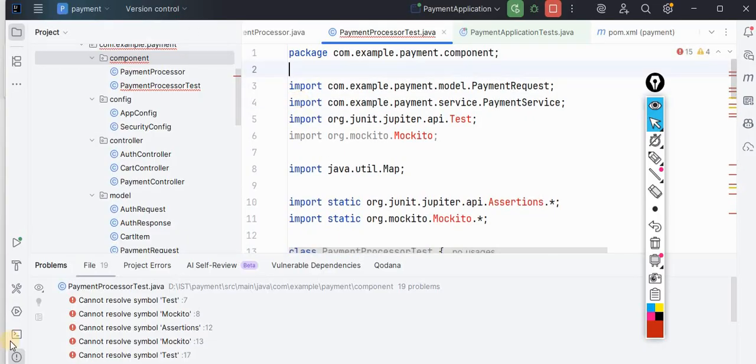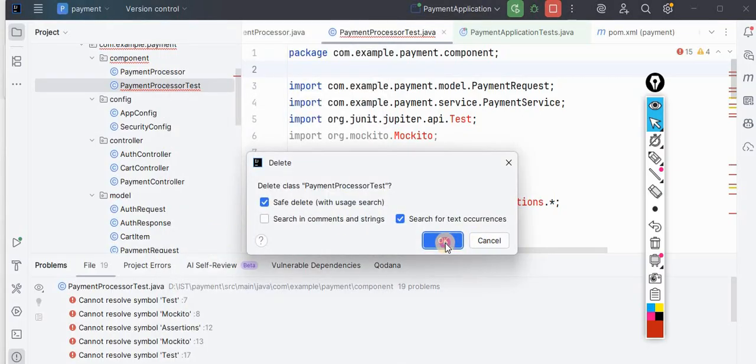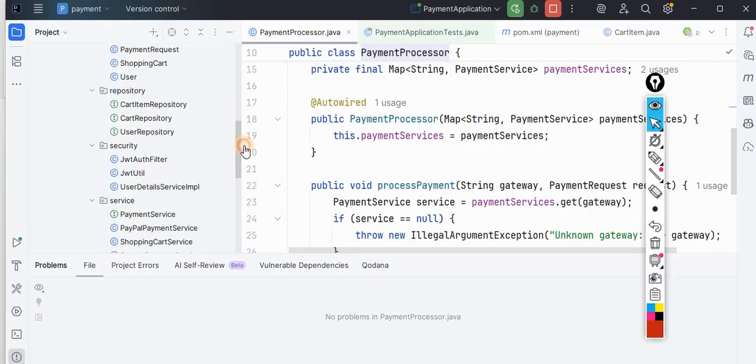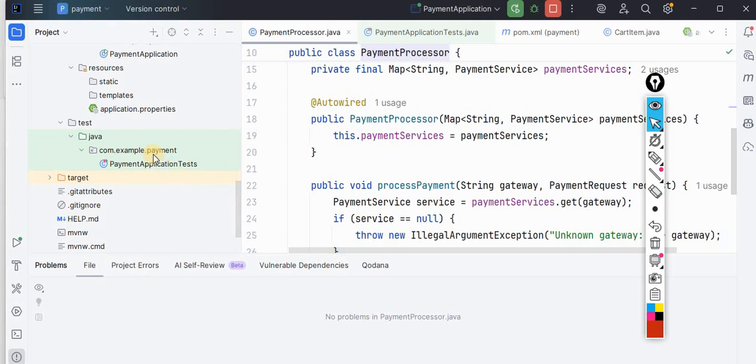And we are getting some errors. So maybe the error is that we need to delete this file and put it somewhere else. Where do we need to put it? There is a test file, source test Java com example payment. Okay. So in the payment,